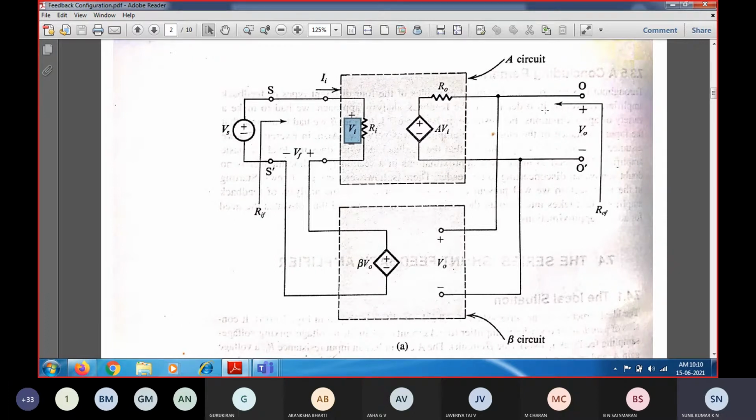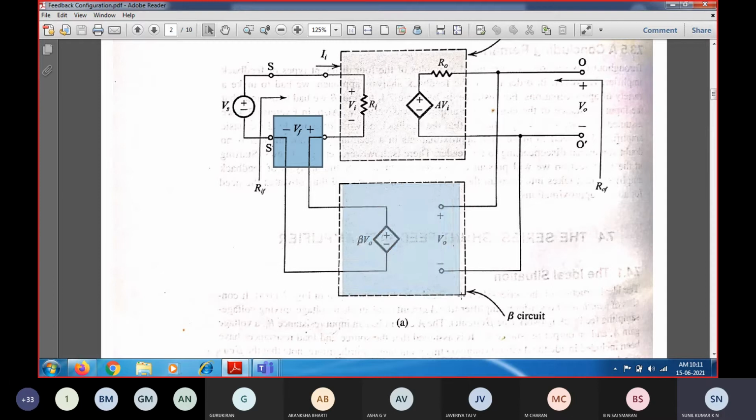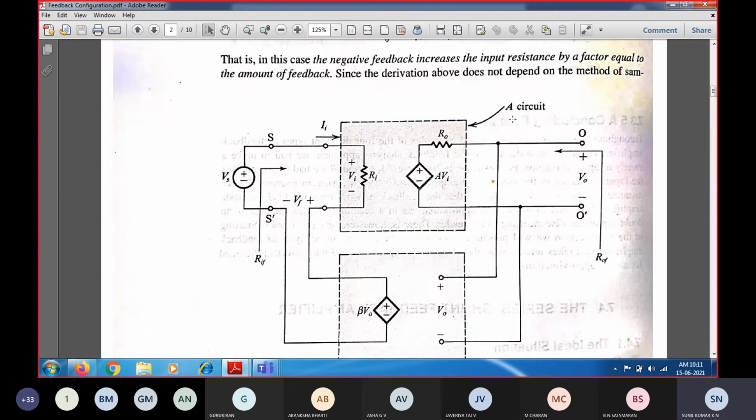Since the output is voltage and the input is also voltage, the sampling of the output voltage signal takes place by connecting the feedback network in the parallel line. So we are going to employ the feedback network, whose input is connected to the output of the amplifier in a shunt fashion, and across the input side it is mixing. The feedback signal voltage is going to mix across the input side in a series way. This is the ideal structure, and this corresponds to the feedback network beta circuit, and this is the amplifier circuit denoted as this.